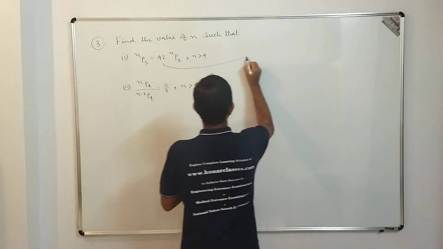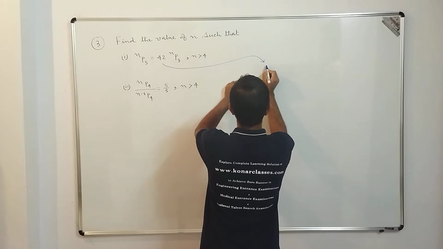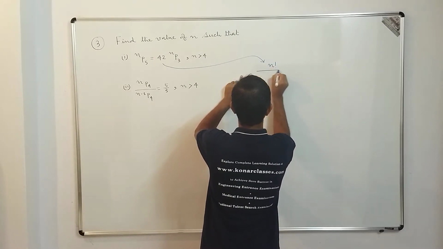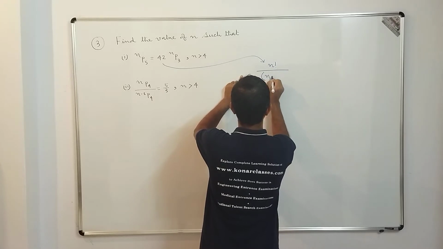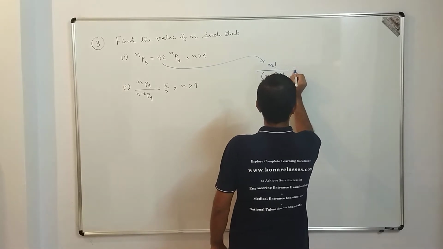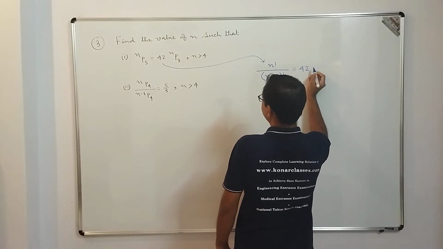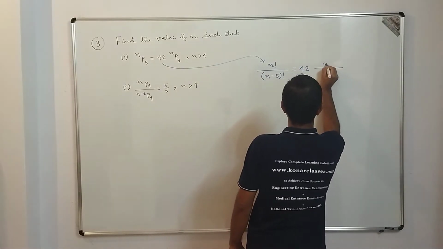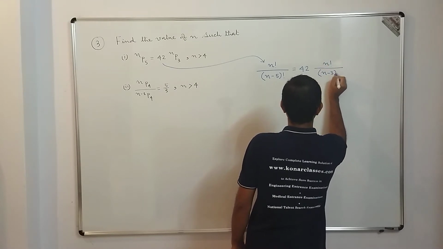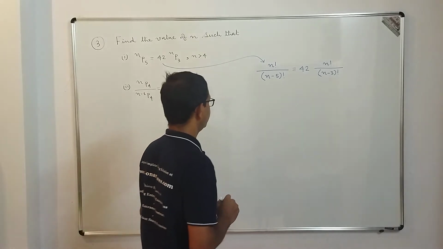So here I am going to write it here that nP5, what is nP5? That means factorial n divided by factorial n minus 5, correct? That is equal to 42 into nP3, that means factorial n divided by factorial n minus 3, correct? Now